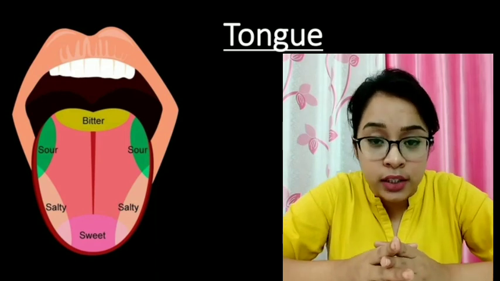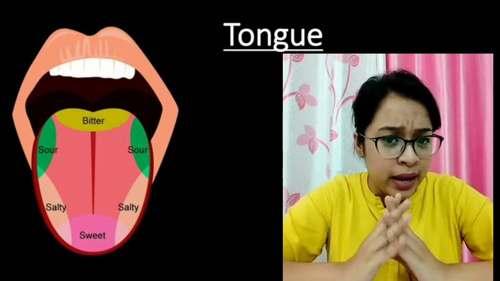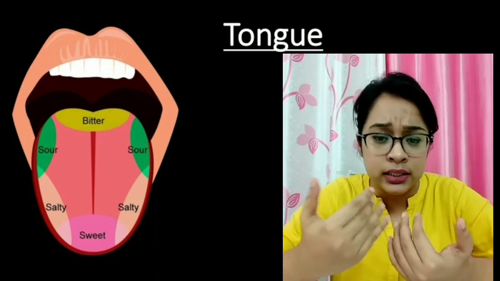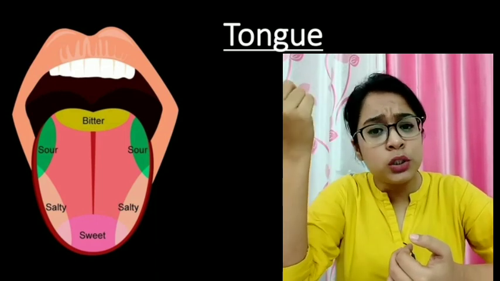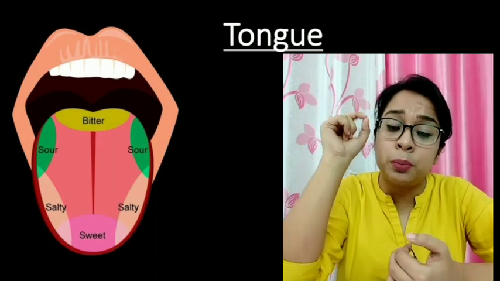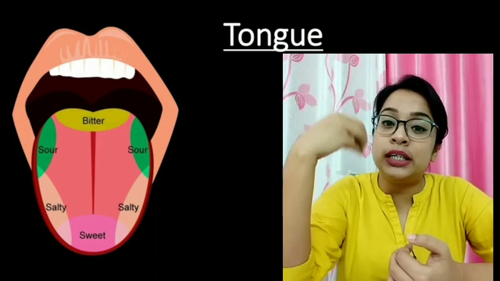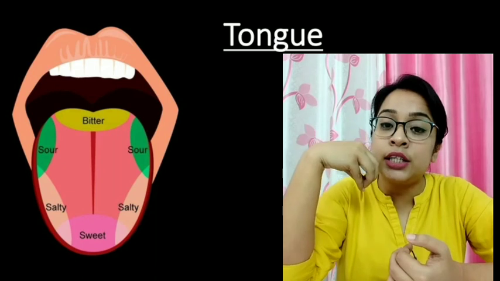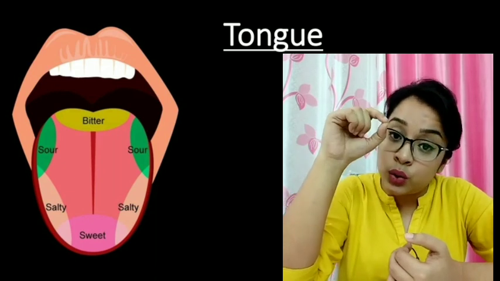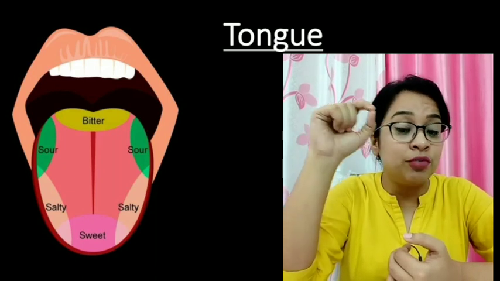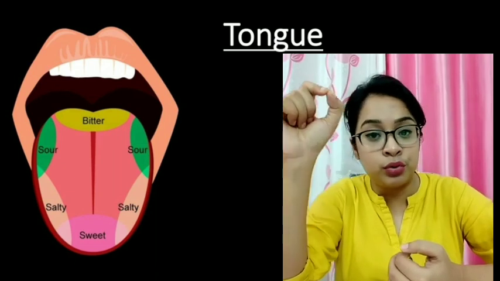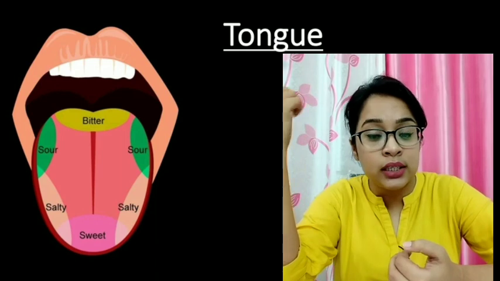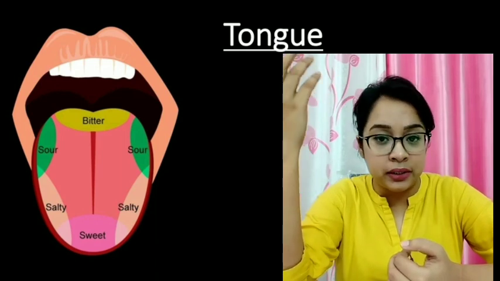See, if you look at the surface of the tongue very minutely, if you take a mirror and see the tongue, then you will find certain bumps. Those bumps are called taste buds. When the food which you take inside your mouth comes in contact with those taste buds, they have the capability to detect the taste of that food. It is sweet, salty, sour or bitter.